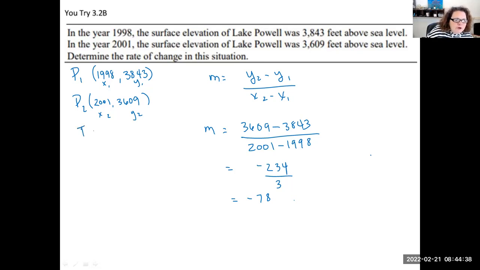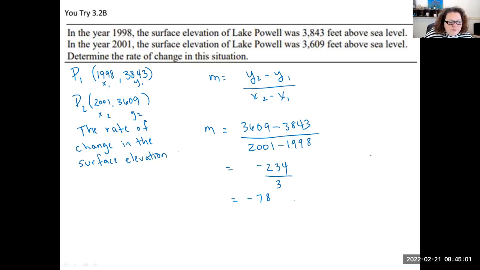The rate of change in the surface elevation of Lake Powell is,